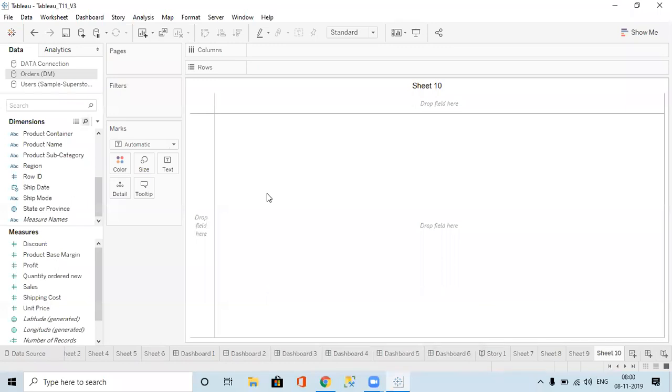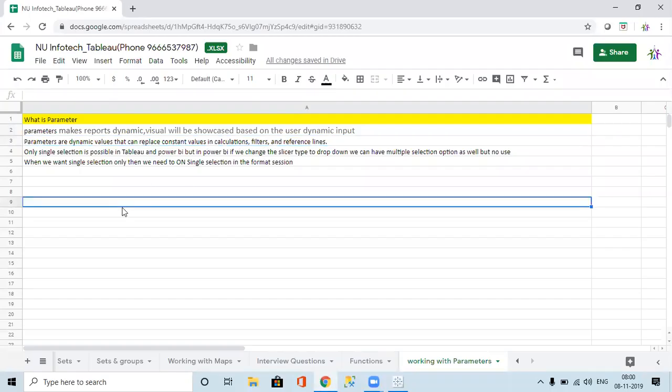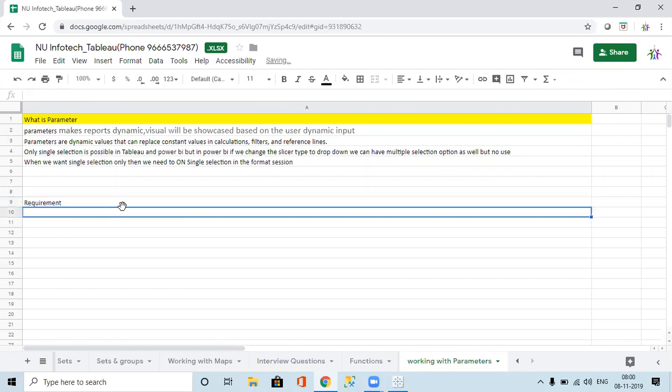I will write it here only. Requirement: when the user selects a particular measure, it has to show that measure region wise.